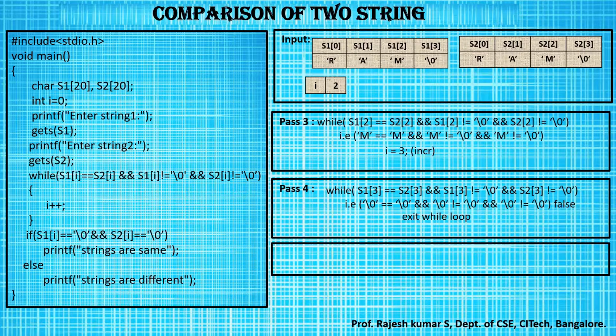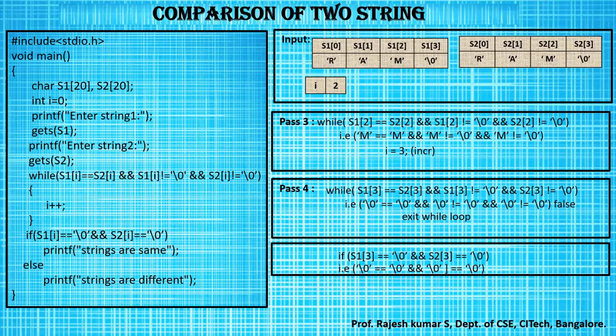When we come out of the while loop, we are using an if statement here. What is the use of this if statement? We are checking whether we have reached the end of the string, both the strings we have to check once. For example, here S1 of I, what was our updated I value? I value was 3. We are checking S1 of 3 double equals null. Whether we reached the end of the first string? Yes. And S2 of 3 double equals null. Did we also reach the end of the second string? Yes. If both the conditions are true, I'll be printing.